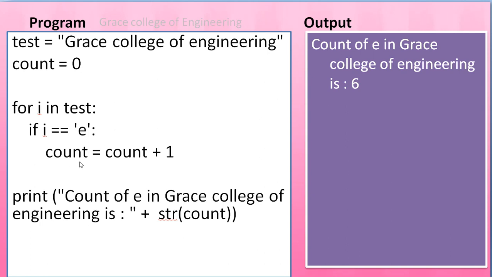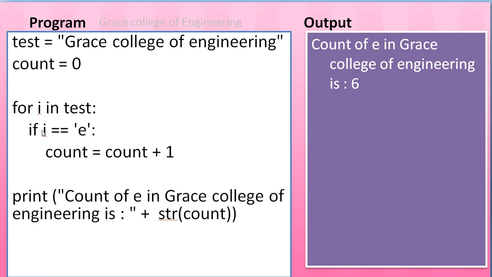We want the counting of that particular character, no? Here we are going to check the E character. So count, if it is matched; it is not matched, right? So once again it will move up. So next, R will be taken. R will be stored in i, and I will check R equal to E. It is not true. Then once again it will move to that. Next, A is not matched, C is not matched, and E